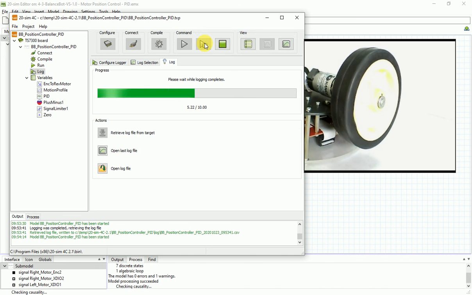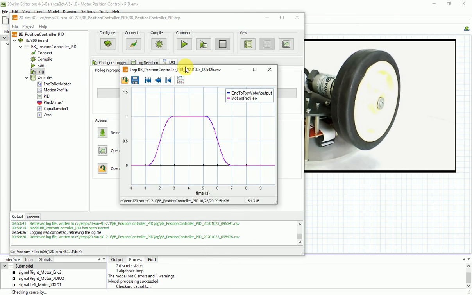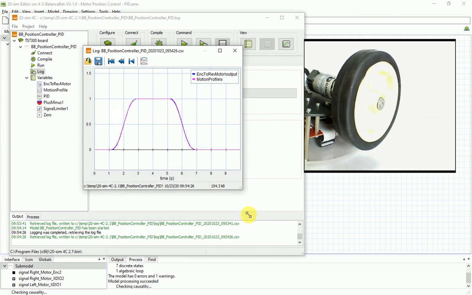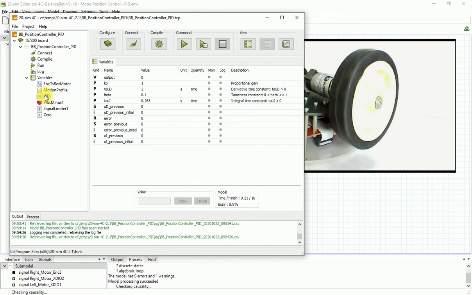And it will take one turn clockwise and one turn anti-clockwise back to its original position. There you are. So this is the log data. The user can play with the PID values and see the effect of it.